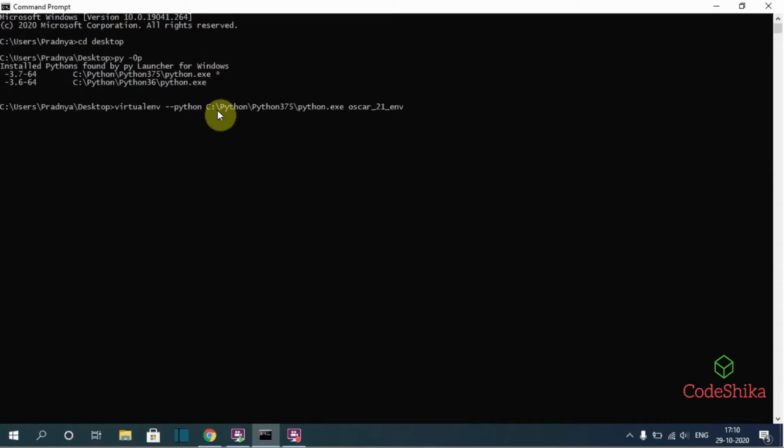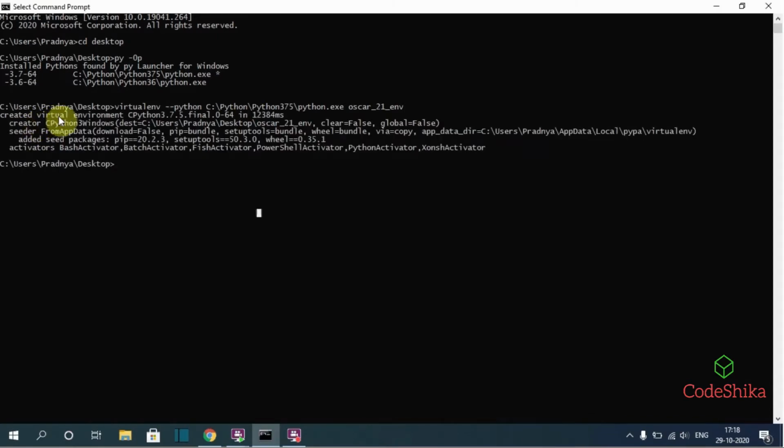Okay, then I will type enter. If you don't have multiple versions of Python installed on your system, then you can run this command without the --python and the Python path argument. You can see here the virtual environment is created using Python 3.7.